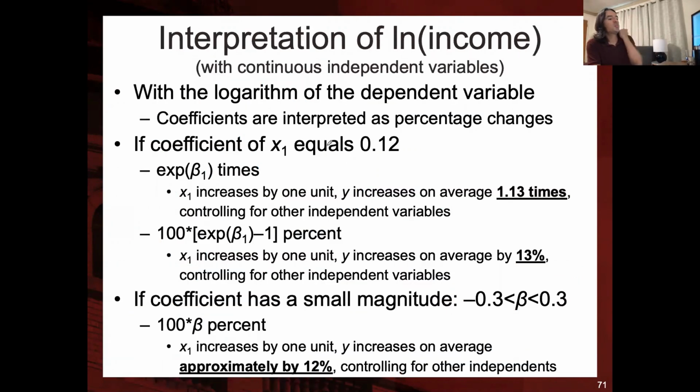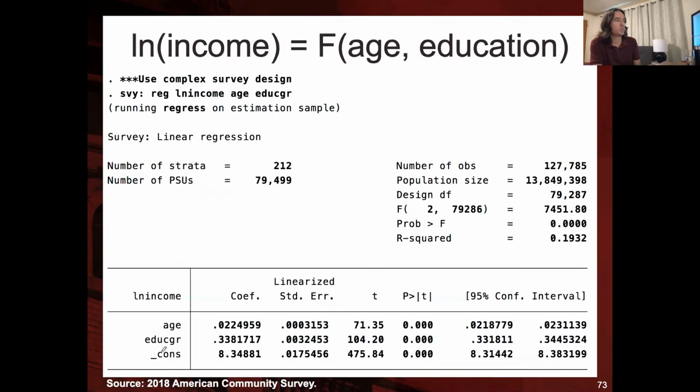And how do we interpret it? We're going to interpret in percentage terms. This is a generic example, and I'm going to show an interpretation with real data here. So in this case, I have log of income as a function of age and education. So my new dependent variable that I created in my database is LN income. I calculated and created a new variable. So now I have this new coefficient for age, the new coefficient for education,